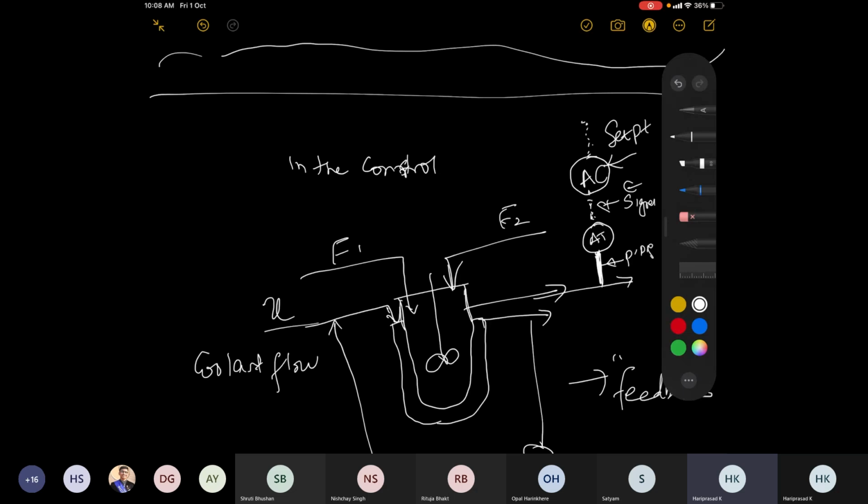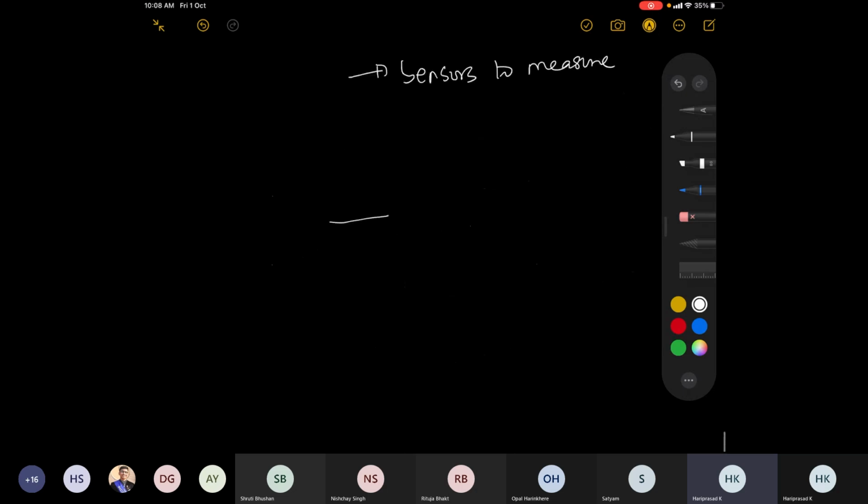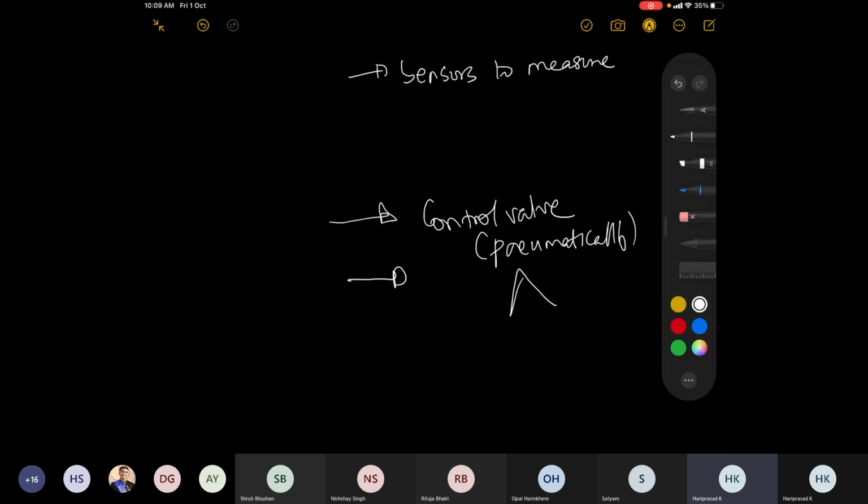Then this will go to an I to P, because it is electrical. We have seen about two types of valves. In fact, we have only seen one type of valve so far, mostly the control valve. Control valves are mostly pneumatically operated. We have seen that. Pneumatically operated essentially means that it is